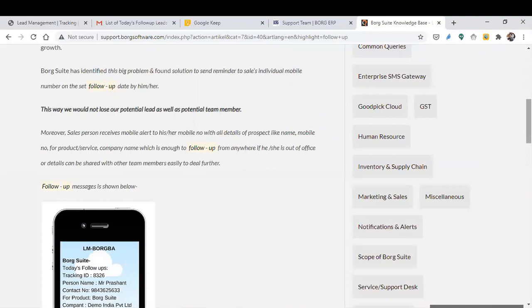Now you can think there is not even a single chance to miss any lead or any follow-up. You are getting a reminder in the email, and you are getting a reminder in the SMS also.